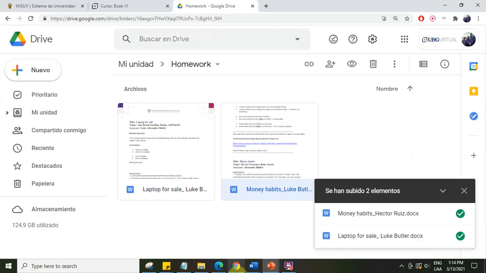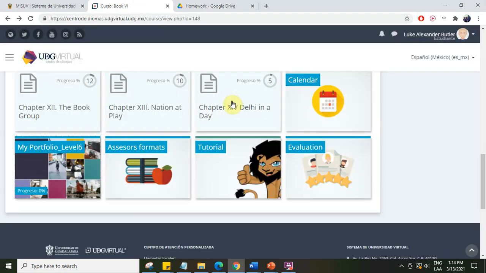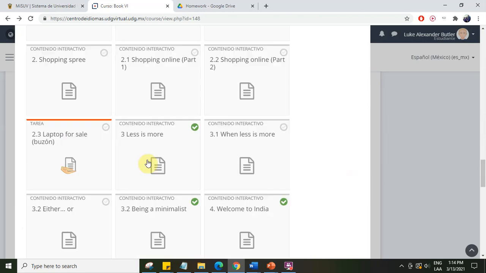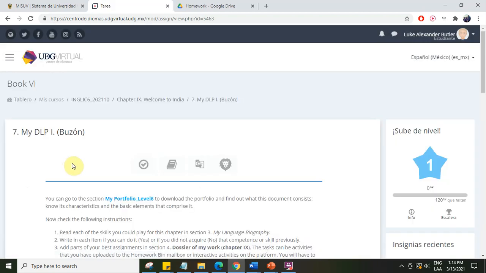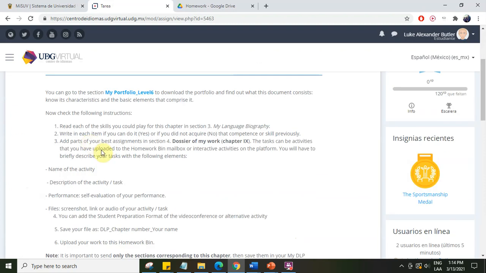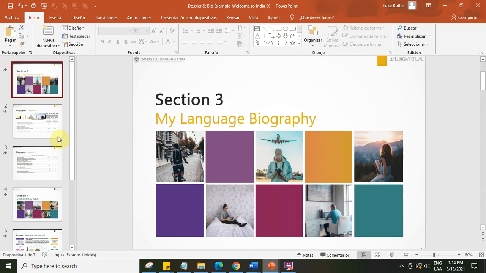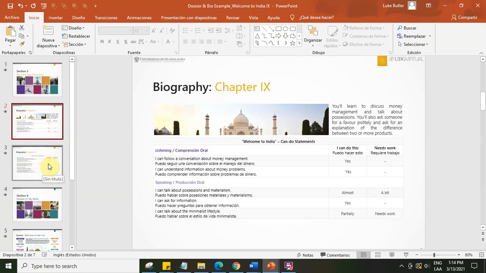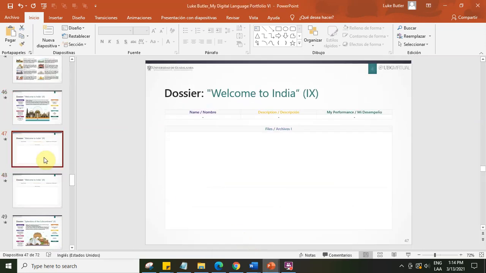And with that, we can save it, return to the platform. My DLP is always the final task, as it's a self-evaluation and reflection, and then you just send it to the homework bin. One final point here is also remember to take the completed slides from the partial submission and